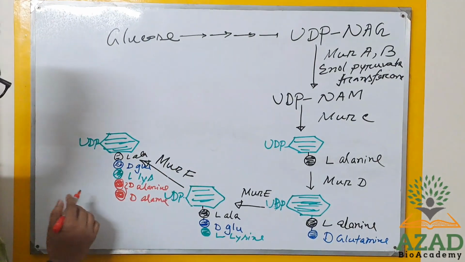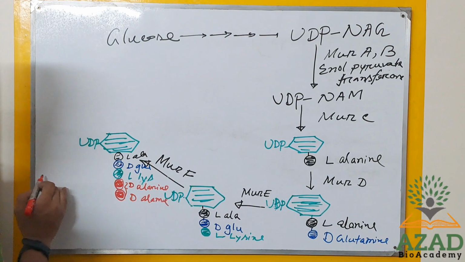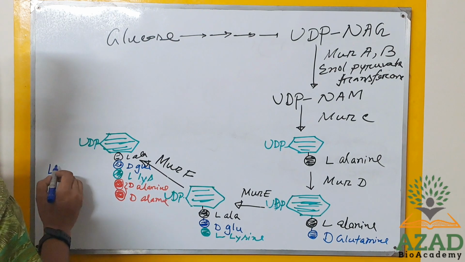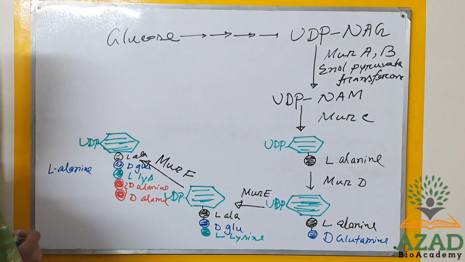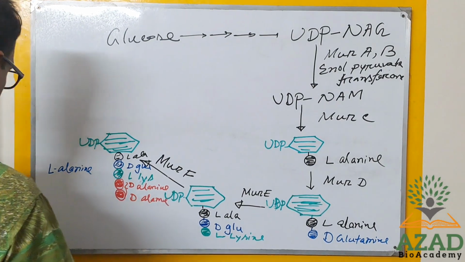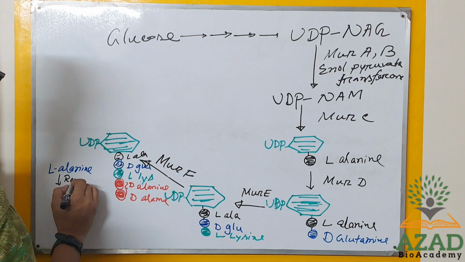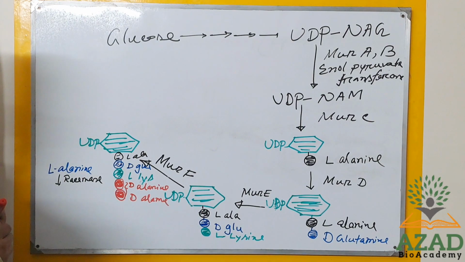So here I will just try to show you in short. Firstly you can take L-alanine, okay. Then an enzyme will work here, that is racemase, and it will turn into